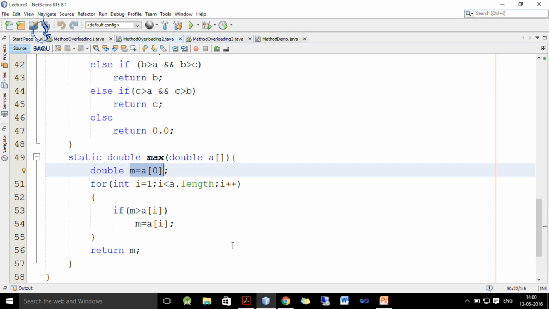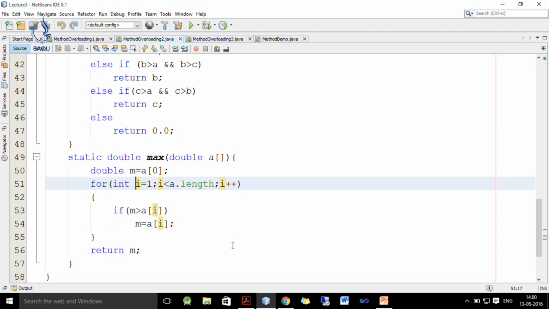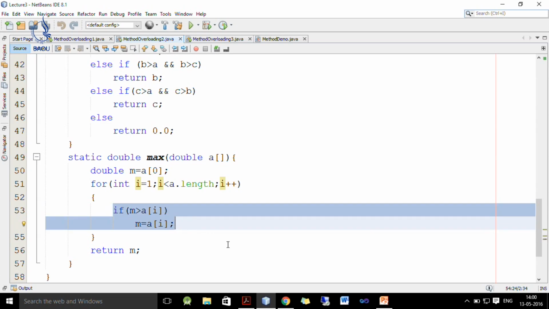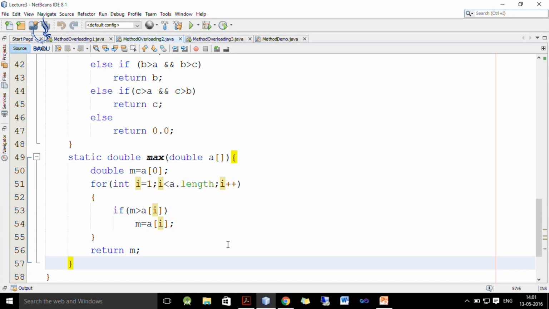So, we initialize m with the first element and we check from the first element to the rest of the elements one by one, and if any value which is greater than m is found, then it will be replaced inside m. So, at the end of this loop we will find the maximum in m and we return that value.